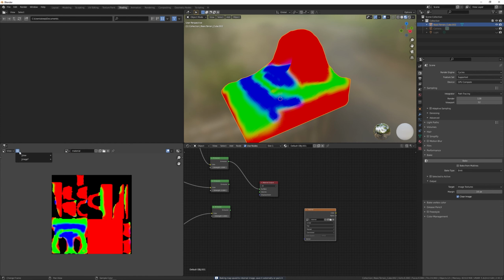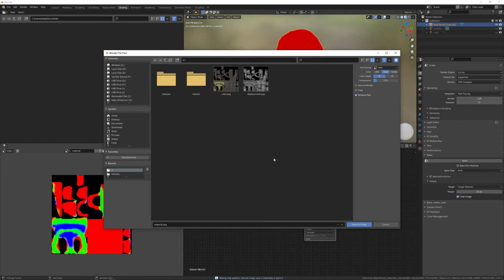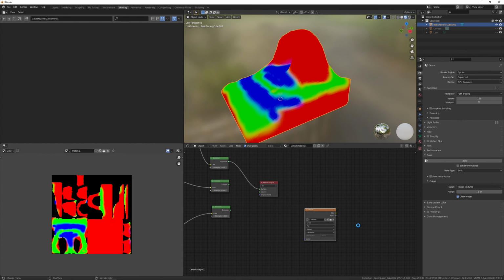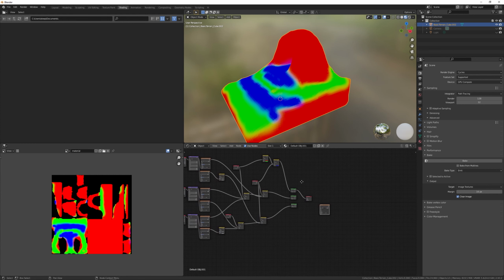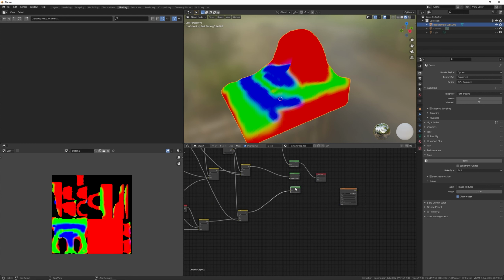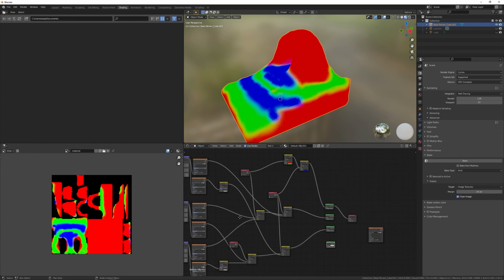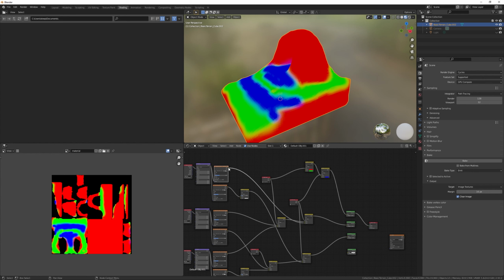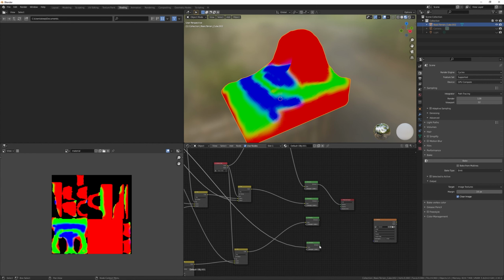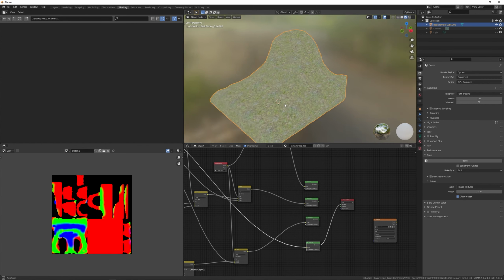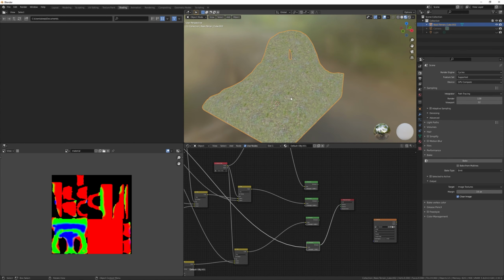Here we are. I'm going to save it. Material. Then I can, let's make another one of these. And where do I have my grass? Up here. I'm just going to take the grass texture directly into this. And here I have the object completely covered in grass. And I can bake this out and use this as the grass color map.